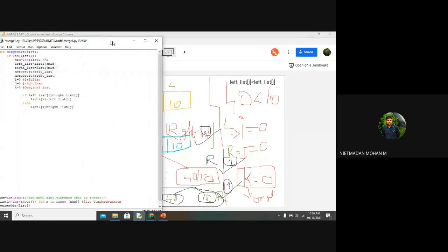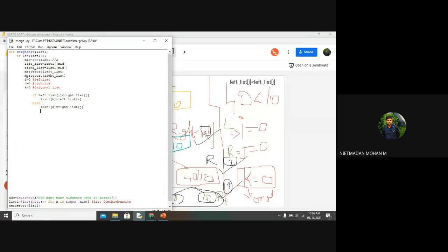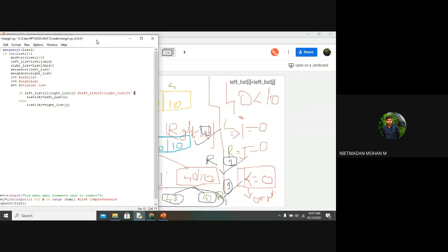So here what I am doing is left list of I, that is left list of 0. So you can write it as left underscore list of 0 is less than right underscore list of 0. What is the value of left underscore list of 0? 40, right? 40 is less than, what is the value of right underscore list of 0? 10.